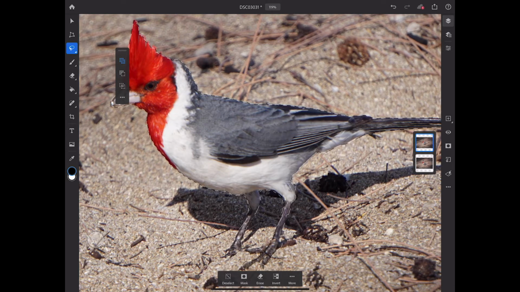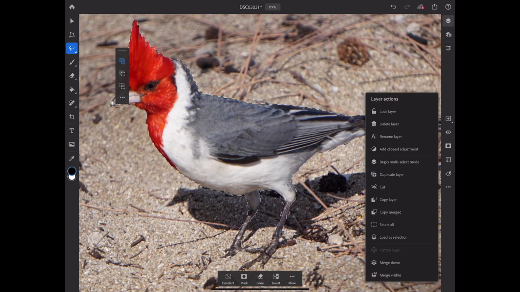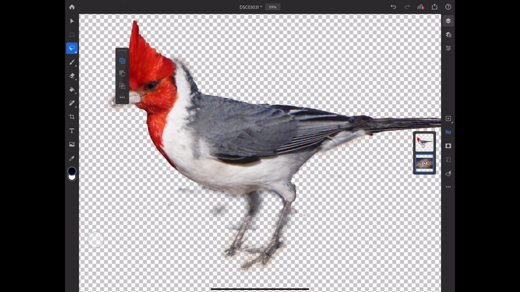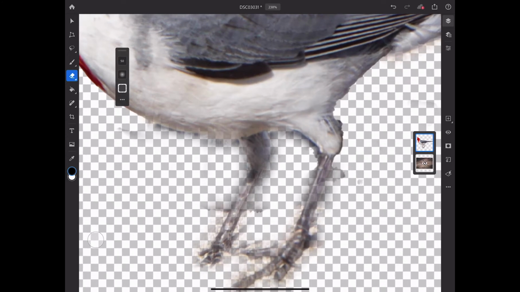So right now we have this guy here. I'm going to invert it. So I'm selecting the bird by this drop-down menu. I'm going to go into these little three buttons here and say cut. And now I have the bird, as you see, semi-selected. Now I can go to my eraser tool, make sure this layer is selected, maybe erase some of the little areas to clean up a little bit,